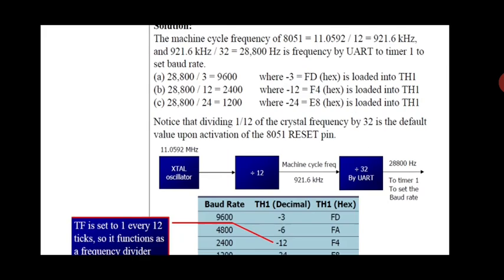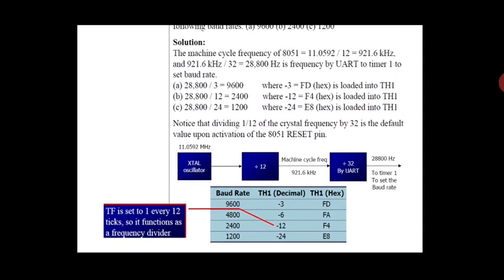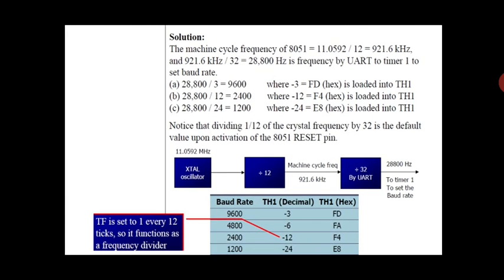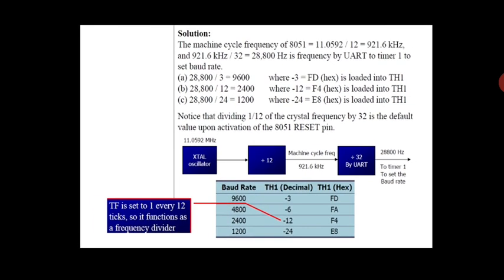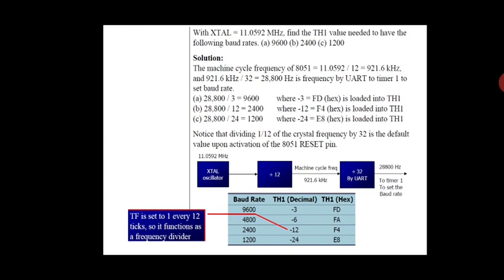This is the block diagram explanation of what we have calculated. You can understand from the block that the crystal is divided by 12, and then the UART divides that frequency. Sometimes the crystal frequency will be different, say 20, and you divide it by 12. Whatever frequency you get here will again be divided by 32. You will get UART timer 1. These are the values to be set in TH1 to operate your UART at a given bits-per-second rate of transmission.